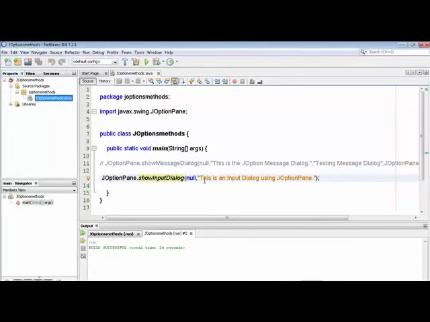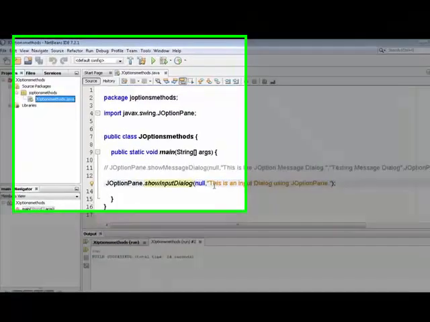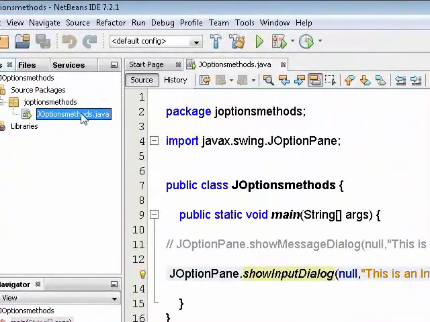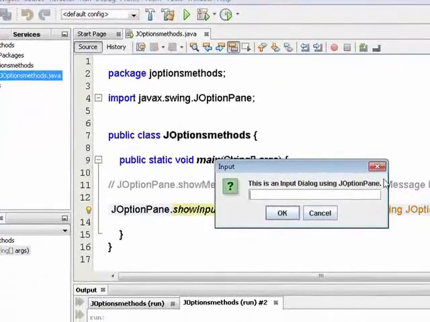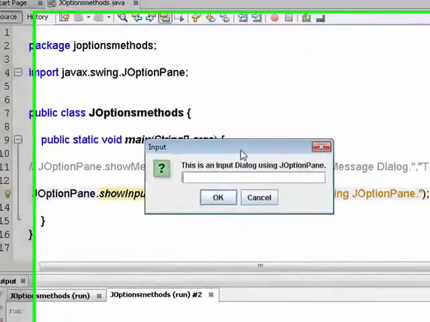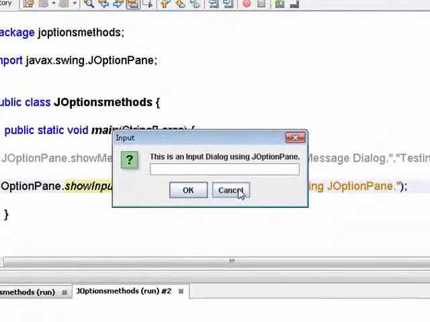If you want to track this, we will be continuing with the options and how to track only when you click on OK. I'm running this again to make you understand what I mean. If I click on this cross, or on cancel, it should stay here until I give the right value.